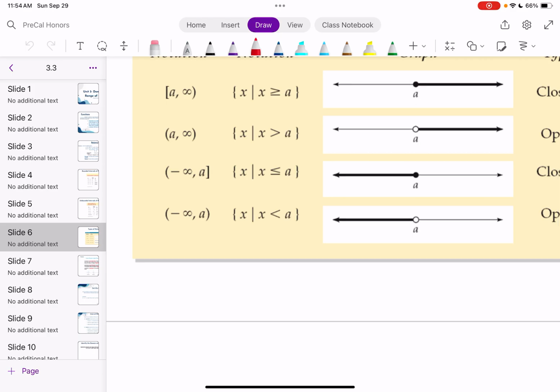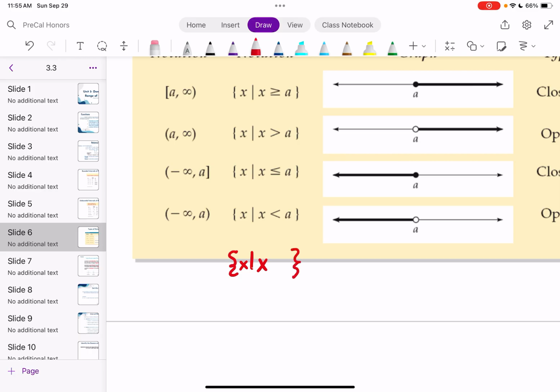So this would be x such that x, and now we are using less than or equal to, greater than or equal to, less than or greater than signs in order to describe what numbers are being evaluated. And we would close it off with